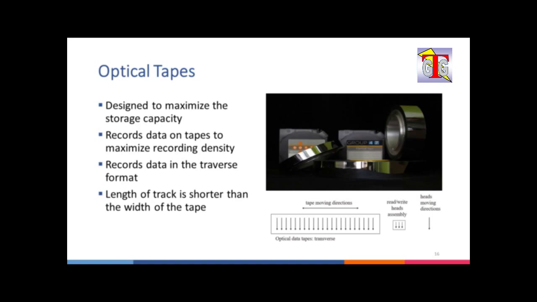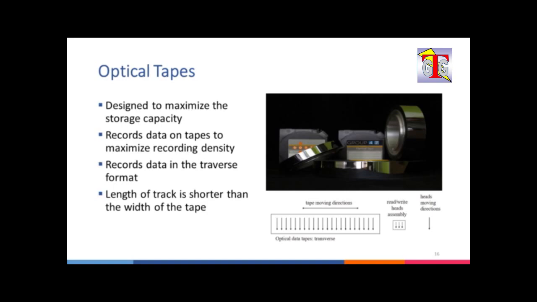The tape moves horizontally and the optical read-write head moves in a perpendicular direction to the tape moving direction. The tape stops while the optical head records a track of data. The head records data from one edge to another edge along the width of a tape. After a track of data is recorded, the tape moves a step and the head springs back.